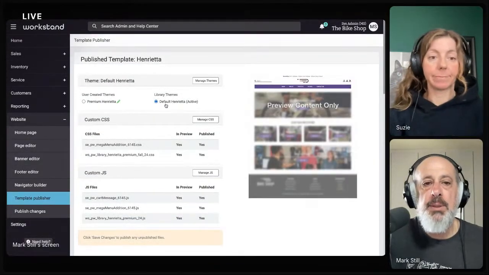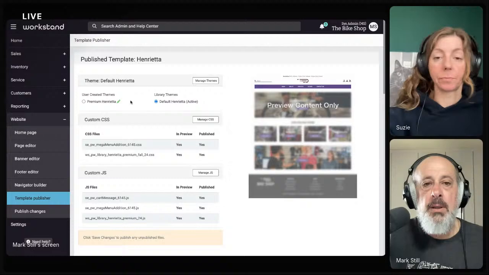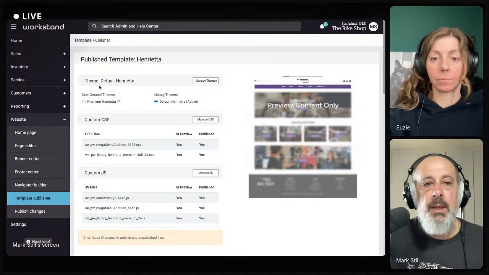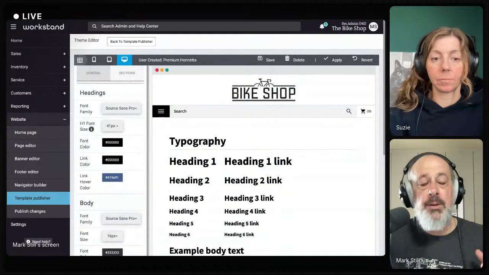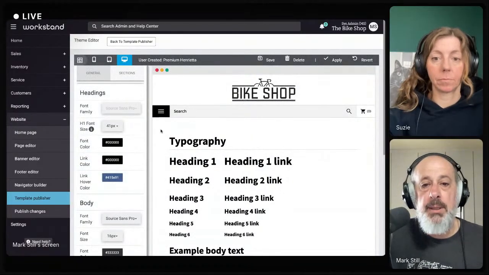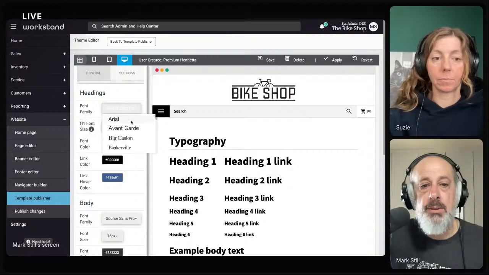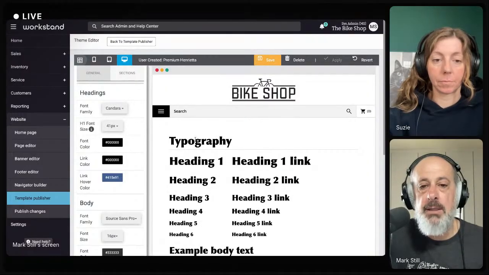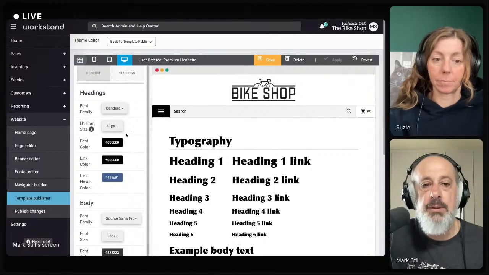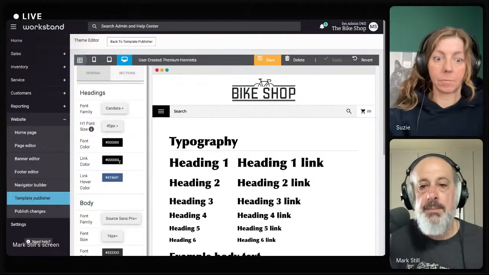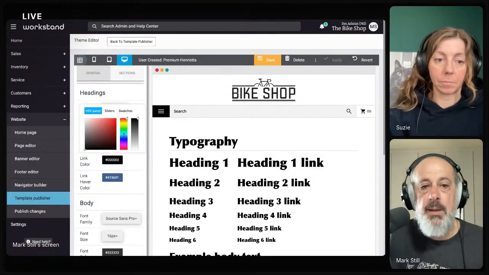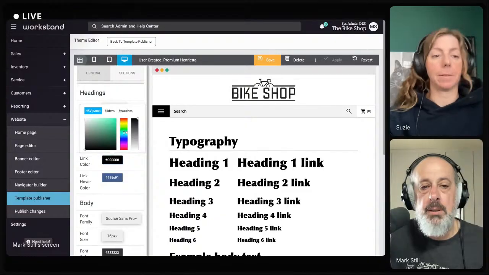Now, within the template that I have chosen, we have this theme editor, and I can go into that and further personalize everything. So maybe I don't like that font, or I just want to try a different font. Then I've got a group of fonts I can use. And as I make those changes, you'll see them reflected in this preview. Maybe I want that font to be a wee bit larger. And maybe I even want that font to be a different color. Now I'm going to pick a really poor color